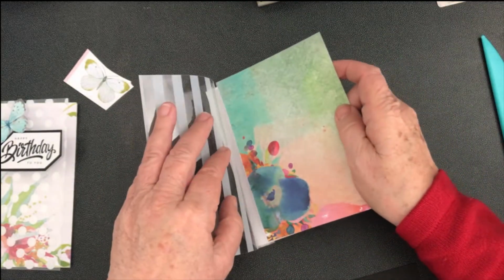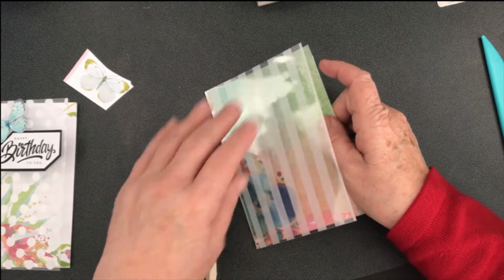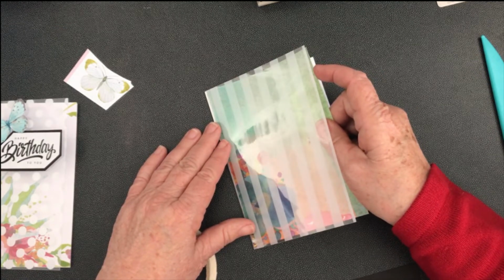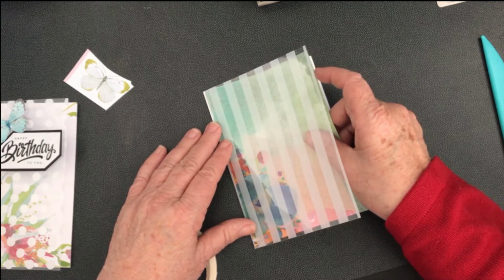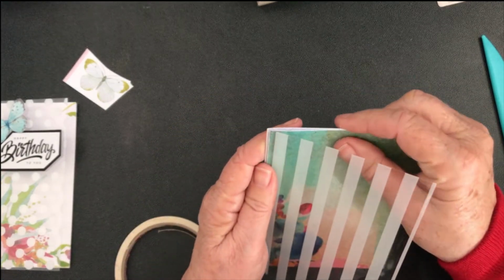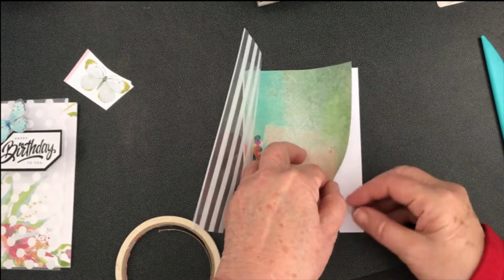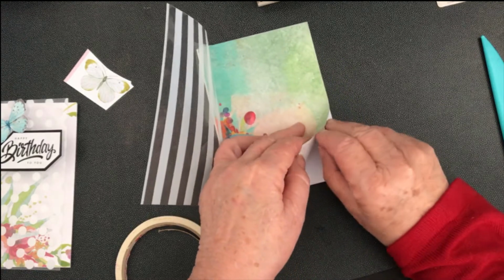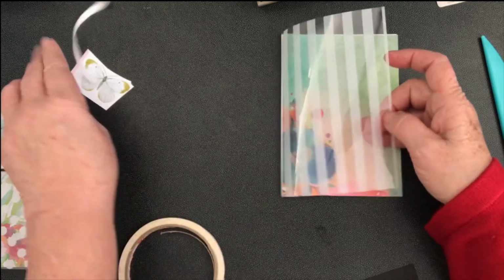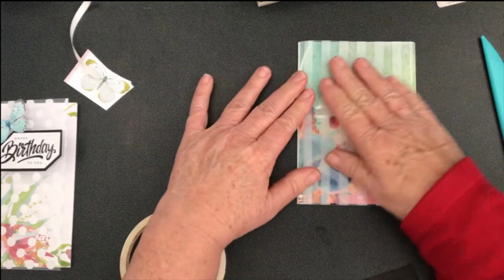Now, put this in the fold there, and make sure it's going exactly along the edge of the card. Once you've got it in position where you want it, you push it down, and you then peel these other pieces off. Okay, now